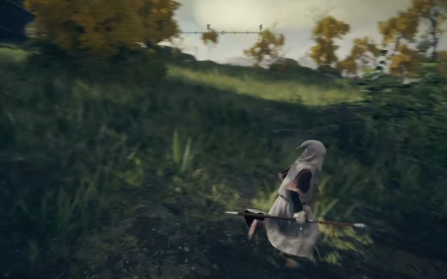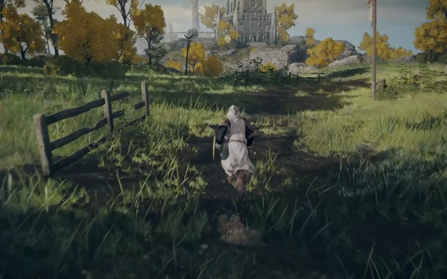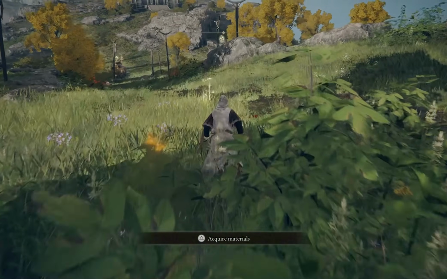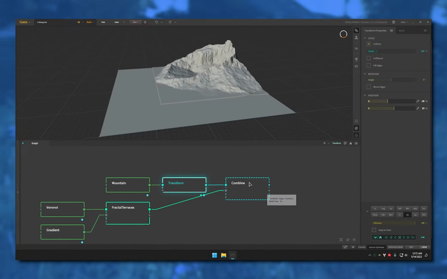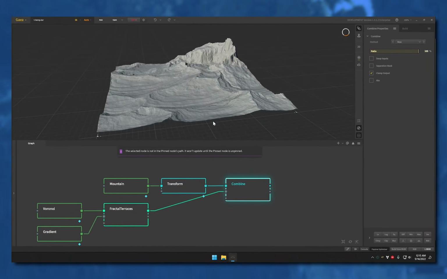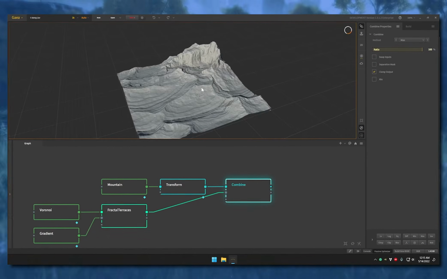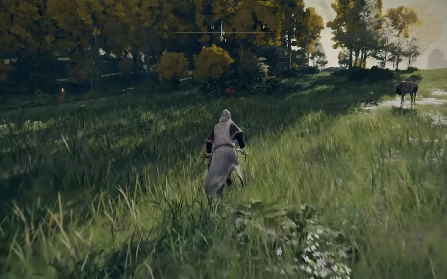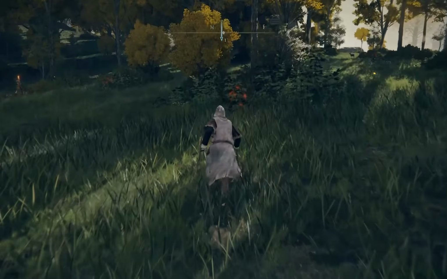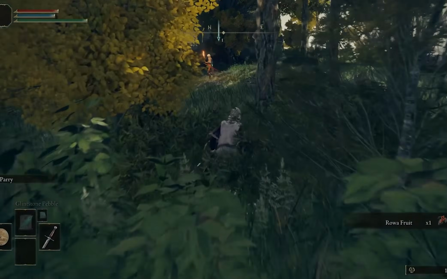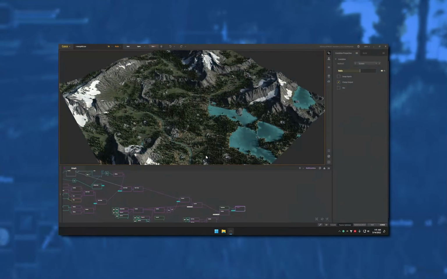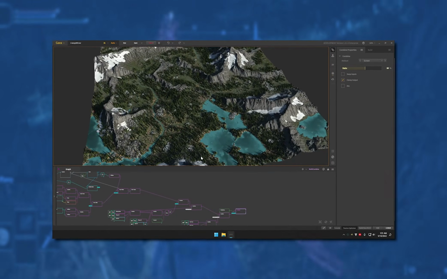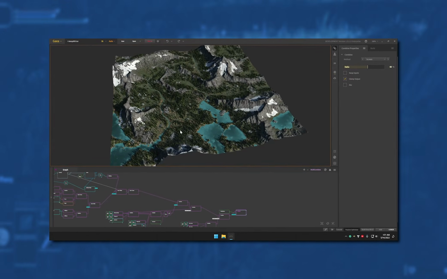So to get around this, developers who are creating large environments can use something called a procedural terrain generator, which is usually a node-based software that can procedurally generate massive worlds by creating a height map and then extrapolating that data into 3D meshes. Not only does software like this allow you to create large landscapes and mountain ranges with relative ease, but these terrain generation programs can also simulate a ton of really cool environmental aspects, from generating lakes, rivers, and oceans, to even simulating natural factors like dunes, flows, growth areas, glaciers, and snow to help shape the